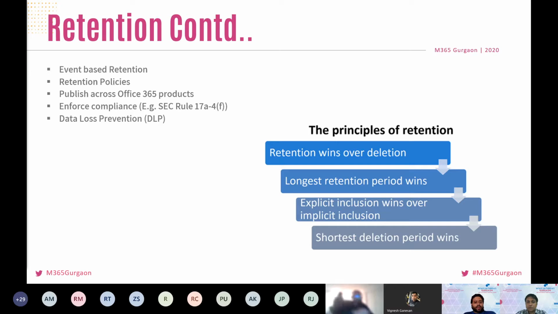Regarding sensitive info types, there are multiple sensitive info types available out of the box. Just to name a few, there are Australian passport number, Canadian social insurance number, European driver's license number, Japan resident registration number, US social security number, or international banking number. And there are lots more sensitive info types which we can directly consume and use to define our policies.